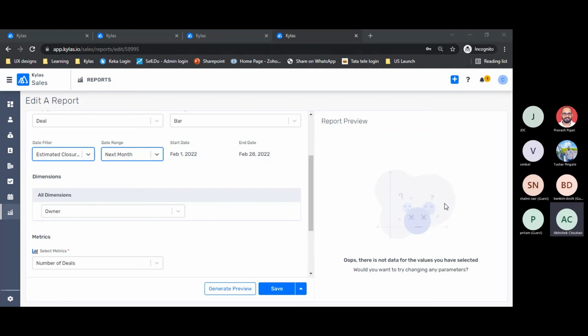Any other questions? I think we are overshooting the time, but still, if there are any questions, I am happy to address them. Yeah, there is a question from Bankim basically. I addressed that. This question was about getting the reports by revenue. It was the same question that I addressed just a few minutes back. They wanted to have a performance idea of every owner, so they can get the performance with the help of the revenue that every person has generated over a period of time.